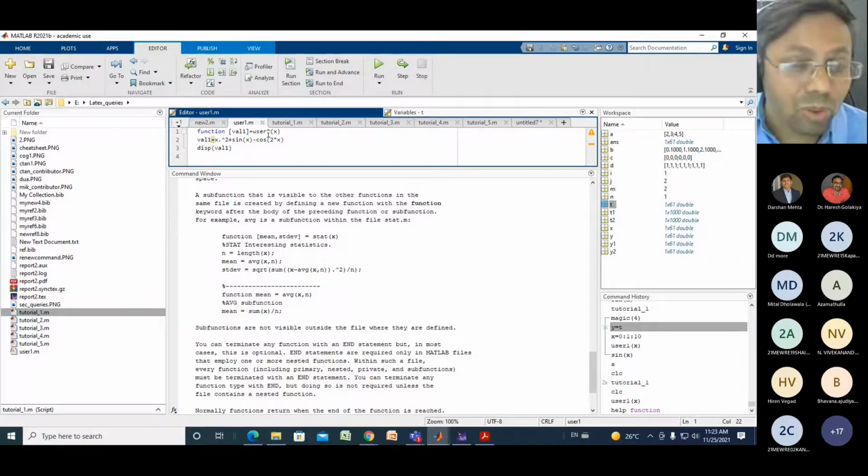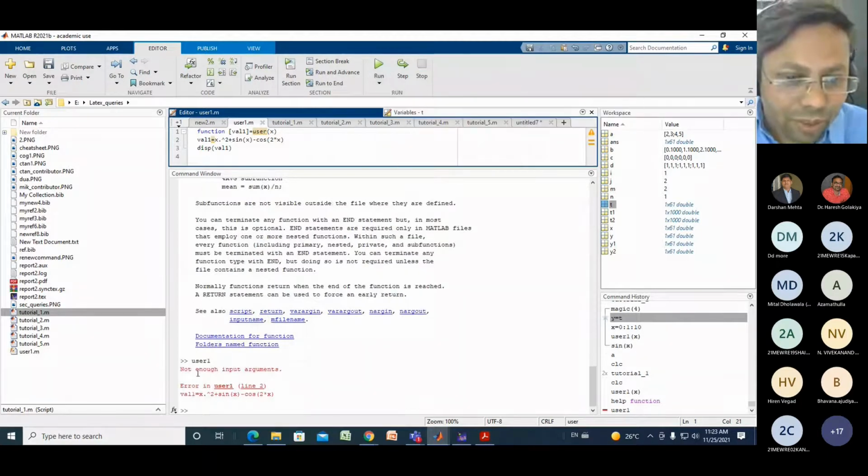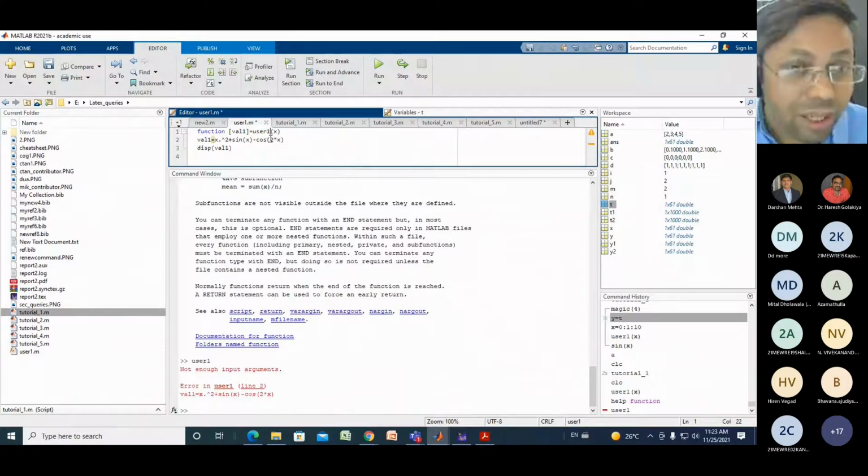you must save it with the file name only. If you do not save it, for example, if you write user and I run it, it will show the error. You need to save again. You must save the function name the same as your file name.